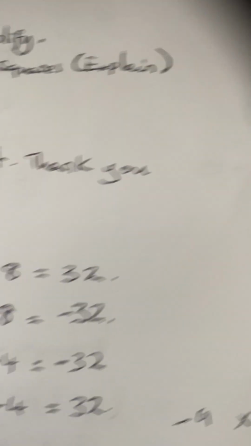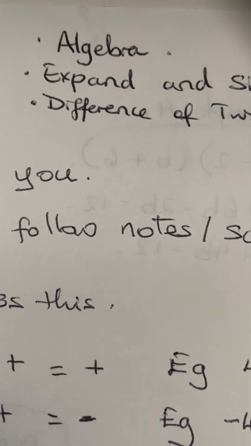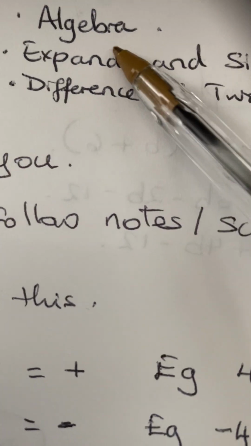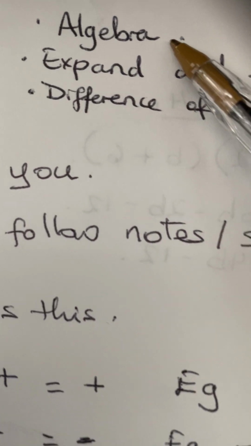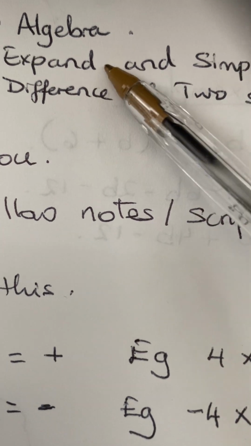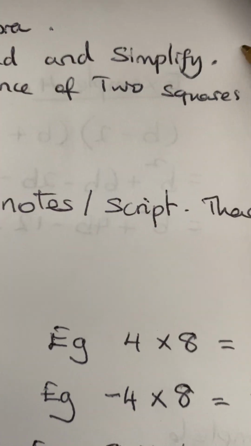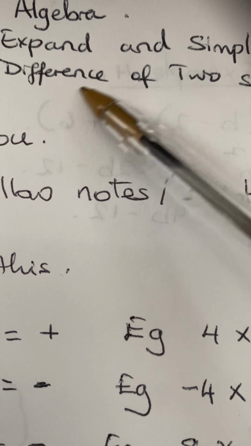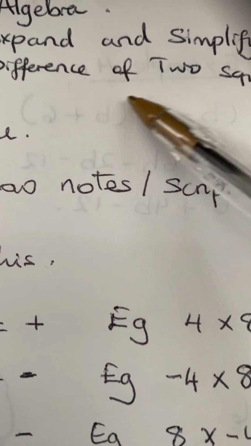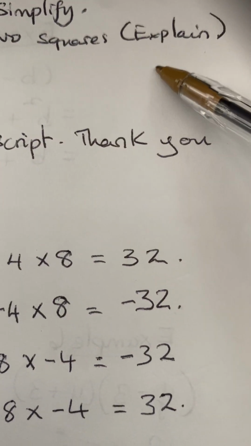Today is the 31st of July, 2023. Okay. I want to continue our lesson in algebra. Today we want to look at expand and simplify, and then I'll show you something called difference of two squares,